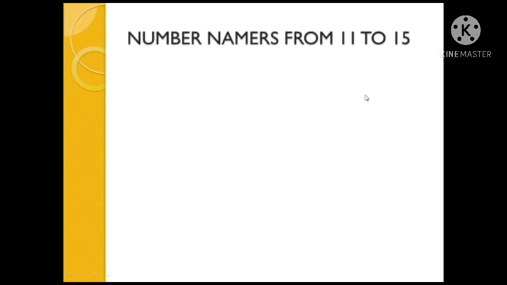Good. So now we are going to learn the number names from 11 to 15. I hope you are clear with the tens and ones. We'll use the concept in the future, so be clear in that. Two numbers are there means we call that a two-digit number. Only a two-digit number has the place values of ones and tens. From your right side you have to mark ones, tens. The last number is ones, the number before is tens. So now we are going to learn the number names of 11 to 15.